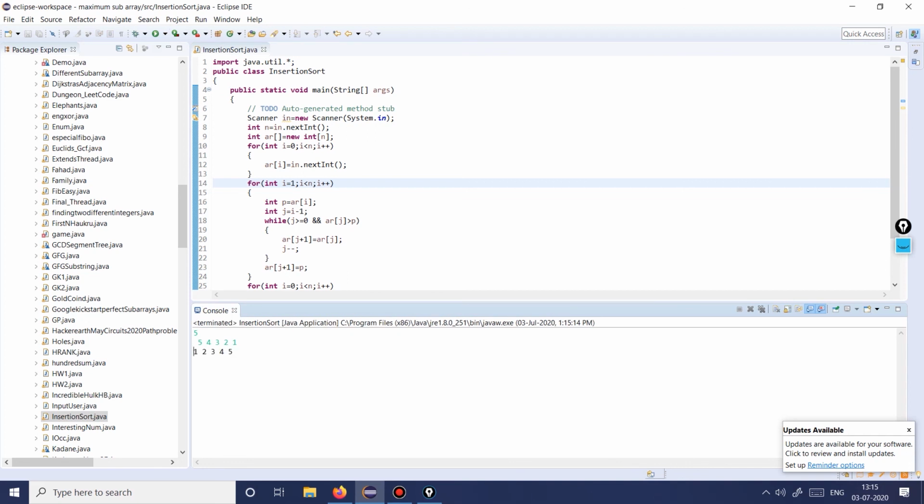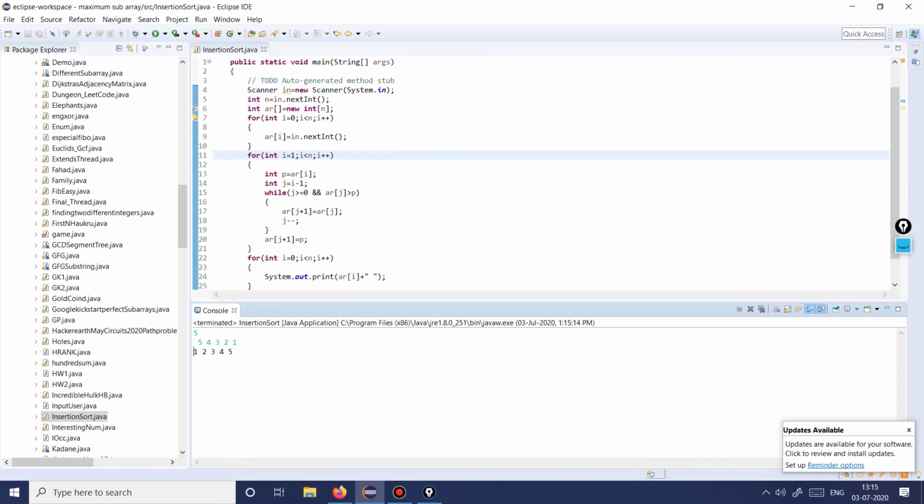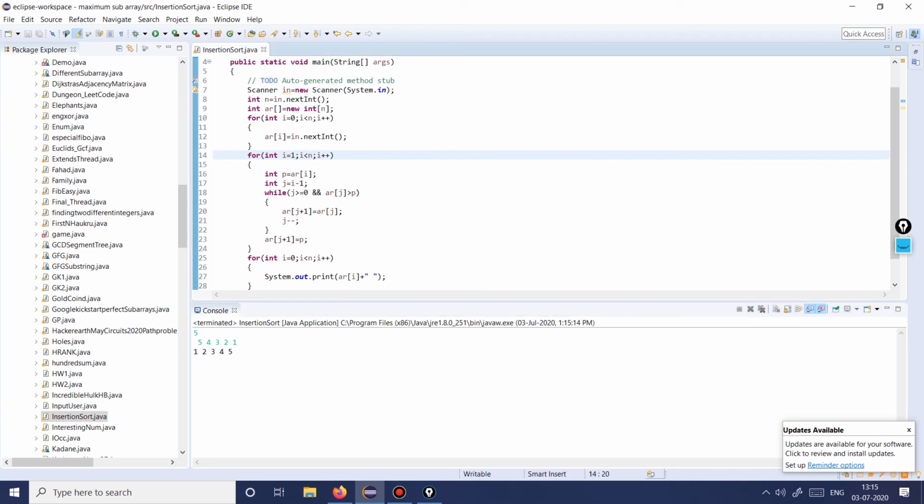Now since I had already coded this earlier, let's take this example again, and as you can see we have this array in sorted order. So what we basically did is we started the loop from i equal to 1 to less than n, and then we had to traverse back from i minus 1 up until 0 and check all the cases where array j is greater than the key. And the key is not changing, but we are also swapping whenever we find array j greater than p over here.